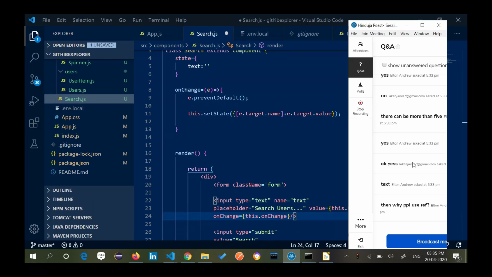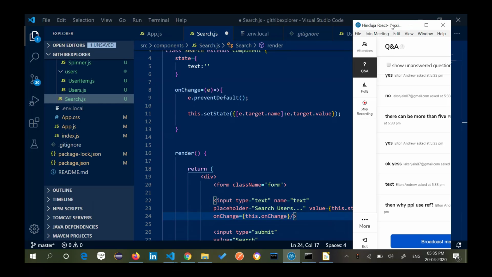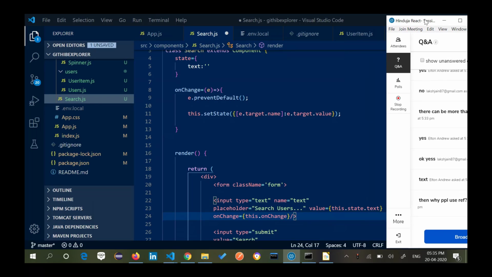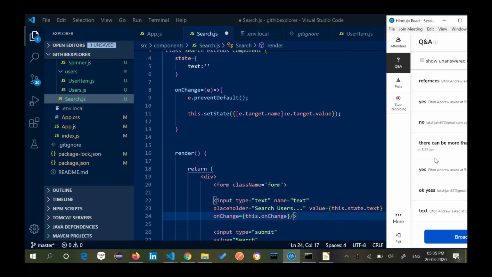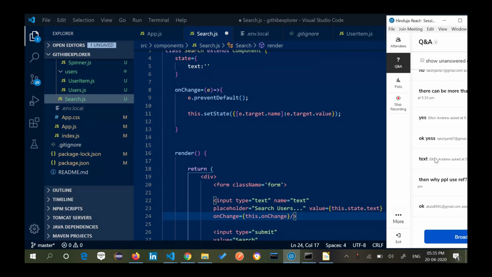Ref is basically another way of doing it. What I was trying to do here was set the state, so I managed it in that way. Now just go through this code once, guys, and let me know if you are comfortable with what I have done here, because next I will be providing an action to my submit button.